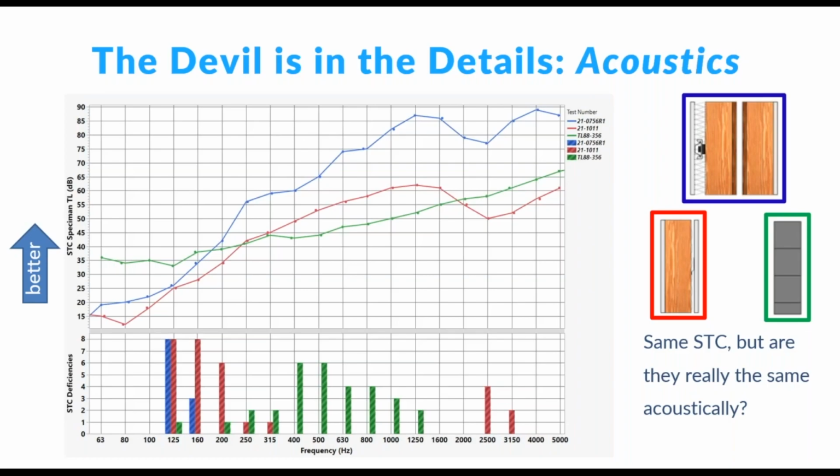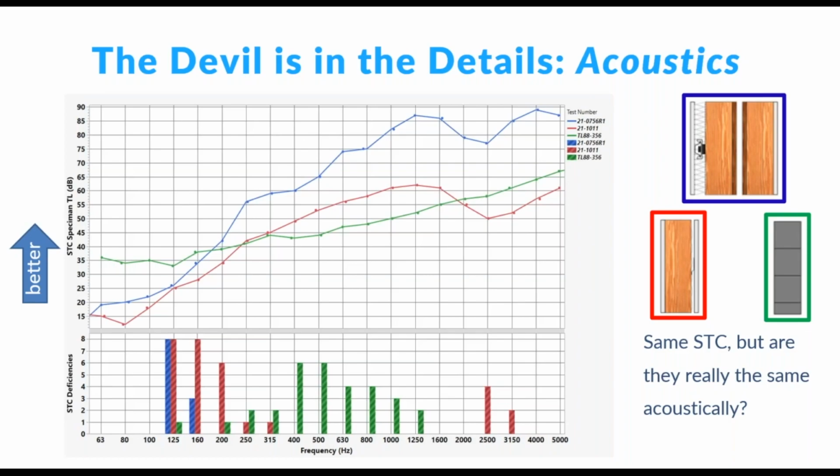You can see that the green line for the CMU block wall is by far the highest at the really low frequencies. At 63 hertz, it's 15 dB or more above the other 2 walls, so a big difference. But if you look at the mid frequencies, say 1000 hertz, it's the lowest performing. So it's going to block the low frequencies better, but let through more of the high frequencies compared to the other walls. The blue wall, this big double stud, double shear wall with a clip on it and all this kind of stuff,